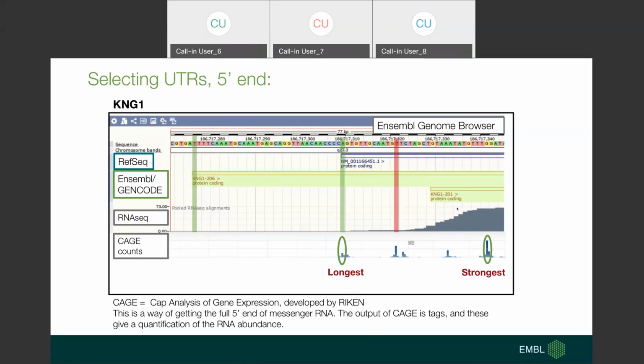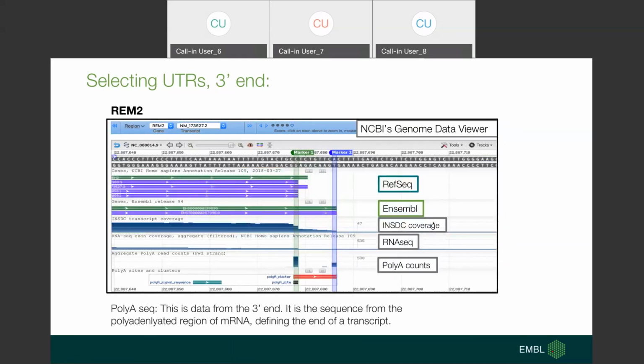We found what we call the longest strong, which is a point where there's a large number of transcription start sites that do start at that position, and it is more representative of what's happening at the locus. Similarly, for the 3' end, and I won't go into great detail, but here the key metric is the poly-A-seq data. And again, you look at the longest, the strongest is not in this frame, but your longest strong is the one that captures a large number of ends, and it is more representative of what's happening at